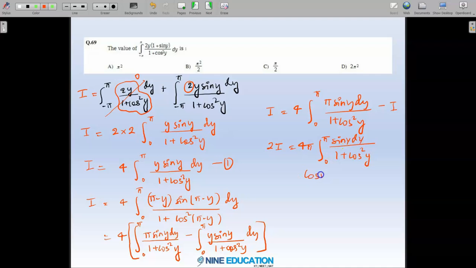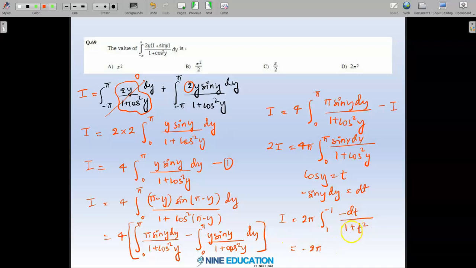Now we can put cos y is equal to t here. So minus sin y dy I can substitute as dt. So I will be equal to 2 pi. Limits will change. At 0 cos 0 is 1, cos pi is minus 1, so 1 to minus 1, and in the place of sin y dy, basically I can write minus dt, and this will be 1 + t square. So finally I can say this is minus 2 pi,